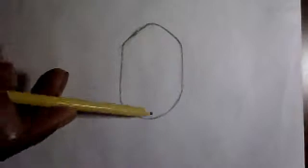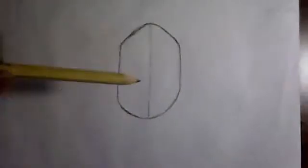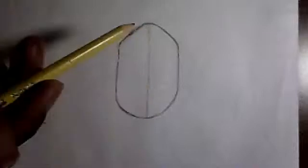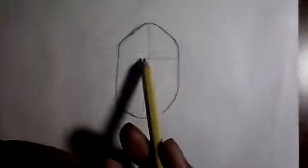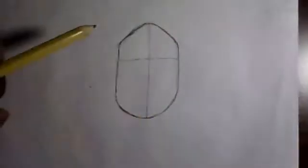Today we'll be learning how to draw the manga face. Okay. First we'll be starting off by drawing the sketch lines. This sketch line will show where you should put the mouth and the nose at. And this sketch line will be showing